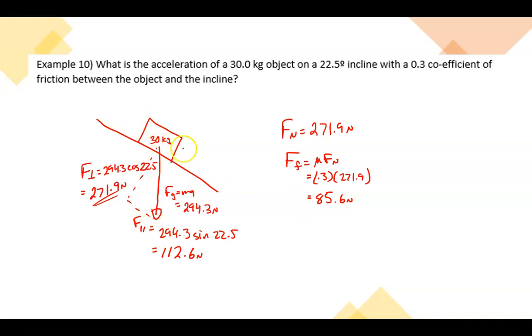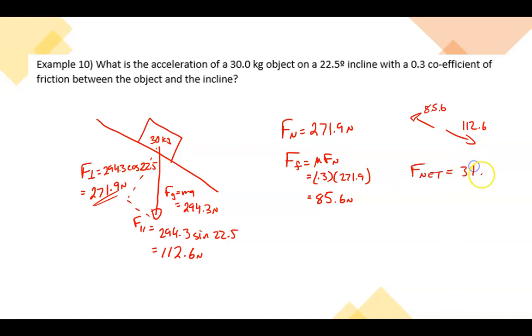The force tending to go down is 112.6. Friction is holding it back, 85.6. So if we were to take the 85.6 and the 112.6 and figure out the difference between the two, that should get you a net force